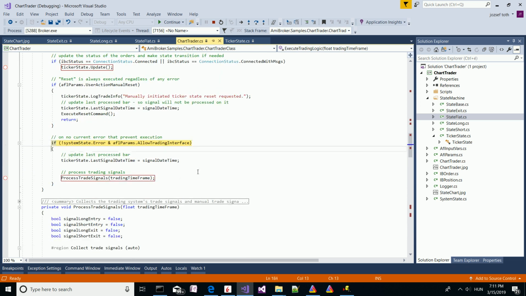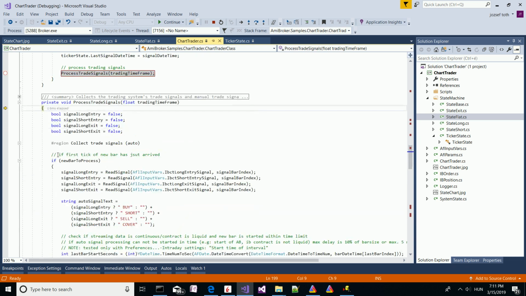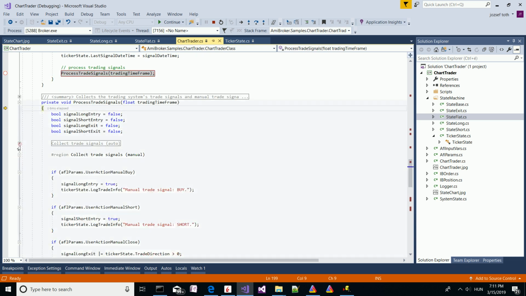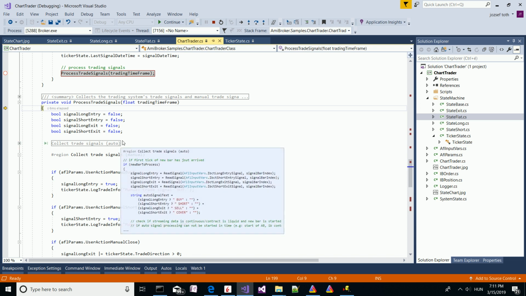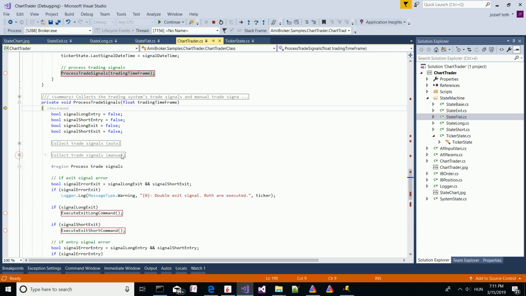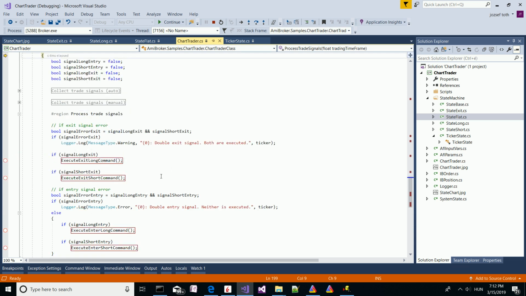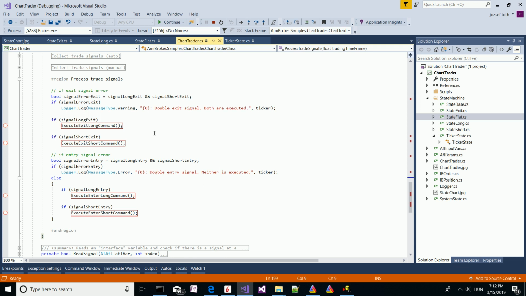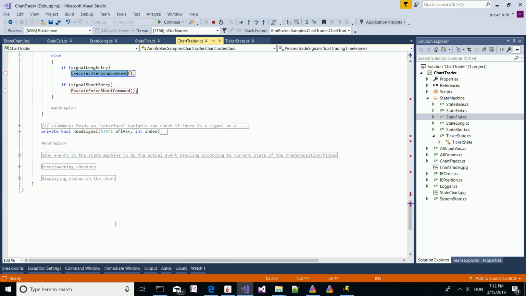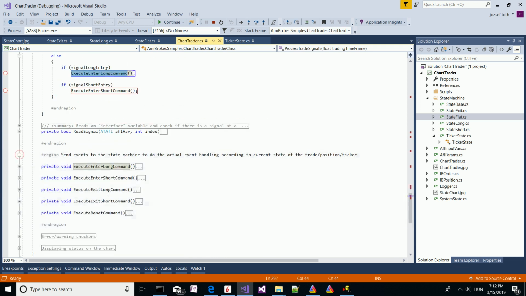Then we come here and check the trade signals. First the auto trade signals from the trading system are checked, then what buttons are checked, and they are merged. We can decide what way we have to go. So for example, if a buy signal is received or the user hits the buy button, then the execute enter long function is called, which is just